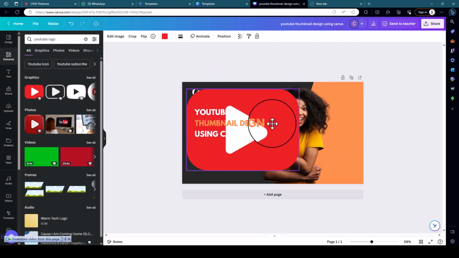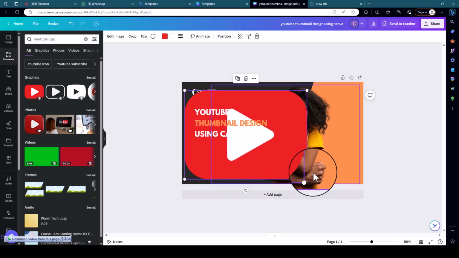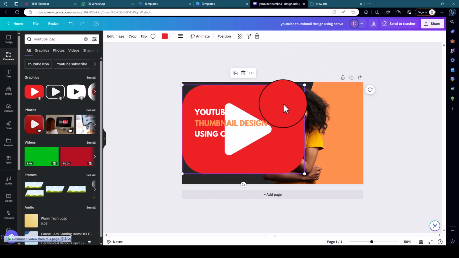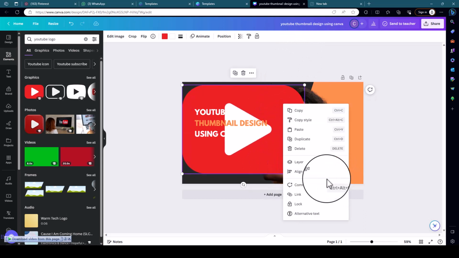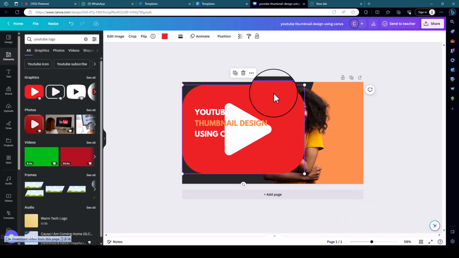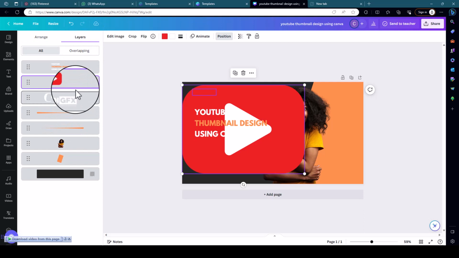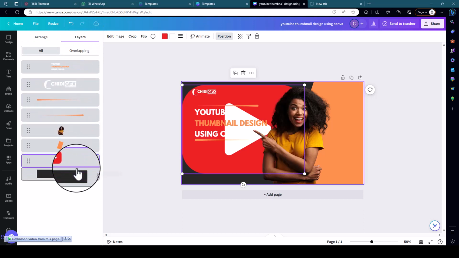Increase the size. Now there is this feature in Canva that I like so much, which is the layers feature. It wasn't there before when I was using Canva, but thank God they added it now. So in order to send this back, the old way of doing things is come to align to page and you now go to layer and start clicking send to back, send to back, send to back. But now currently you can just click on position, then select the layer and drag it back down like this